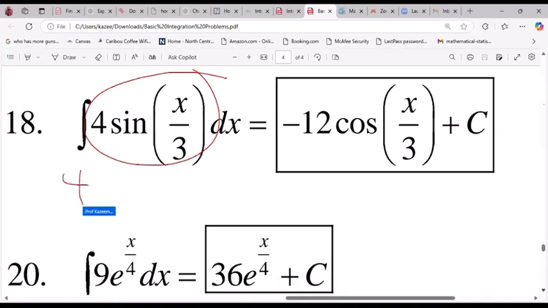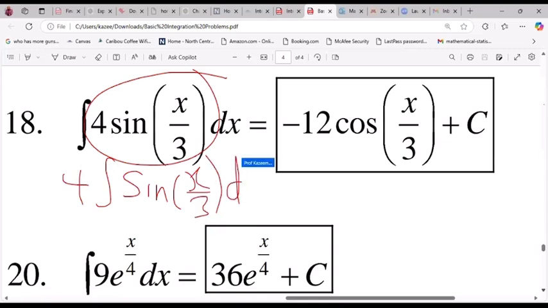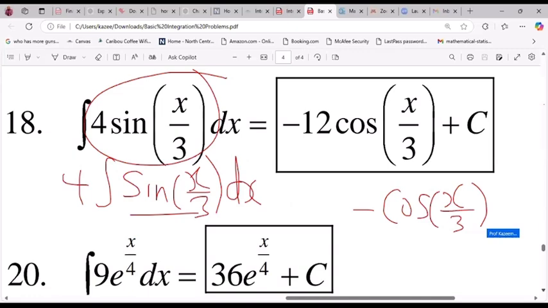I'm going to write it out, and I'm going to do sine x over 3 dx. Now integrating sine is going to be a negative cos, right? I first write negative cos of that stuff. Now divided by the derivative of x over 3. That will be 1 over 3, right? What about the 4? Put it 4,